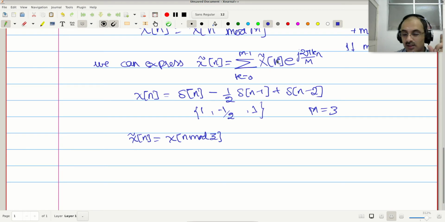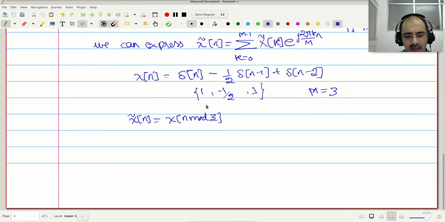For this, we must use the same trick we used in the continuous time Fourier series. We use the fact that the sequences e power j 2 pi k n by m for different values of k are orthogonal. How? Have a look. The claim is that x tilde n, and I will show you that this is possible,